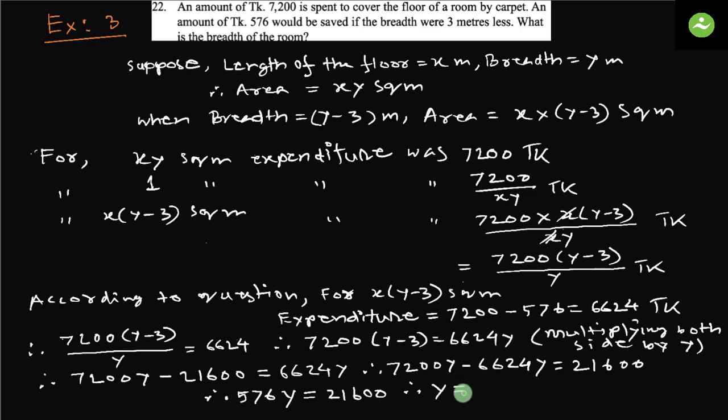Y equals to 37.5, and the unit will be meter, and y is breadth. The question asking what is the breadth. So we found the answer. Therefore, breadth equals to 37.5 meter. Answer